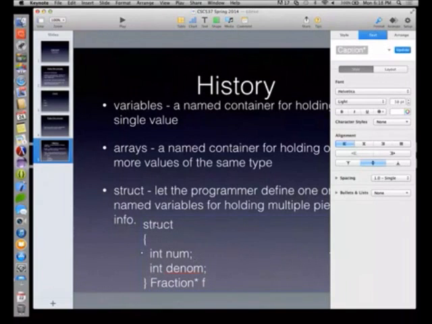Okay? So this predated object-oriented languages. This is not an array. It's kind of array-like, but it's not an array. It's a structure that we can say holds a num and a denom. So I could say f.num or f.denom and put values in there. Okay? So this predated object-oriented languages, and this was called a struct. Object-oriented languages redefine the concept of a struct into things called objects, into a class. The weakness of structs